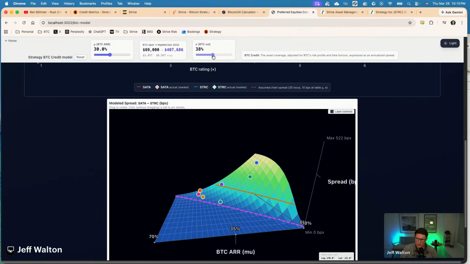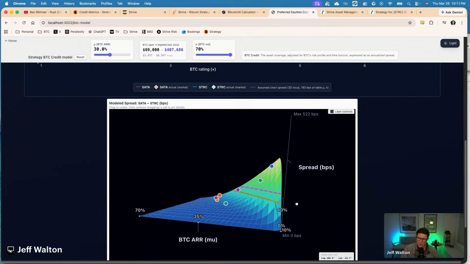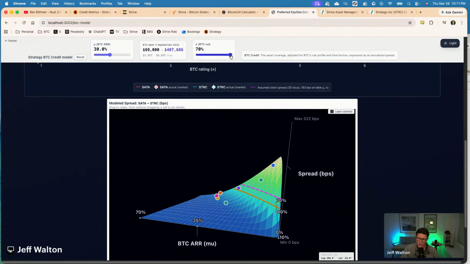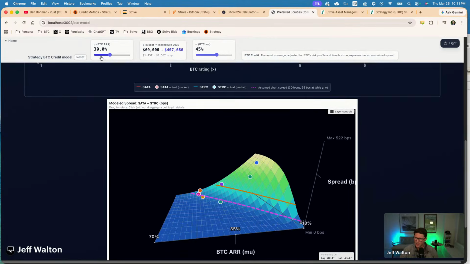So if you drop the volatility, you can see how the credit spread really diminishes very low into this surface, right? It gets effectively very flat, which makes sense if you're thinking BTC being very high performing, but the volatility being very low, then the relative risk profile kind of drops into this much flatter surface. Now, conversely, you go the other direction, you can see how the modeled risk profile goes further up onto the credit spread frontier. Okay. And same thing here. You can see how it moves and changes with the BTC ARR assumptions.